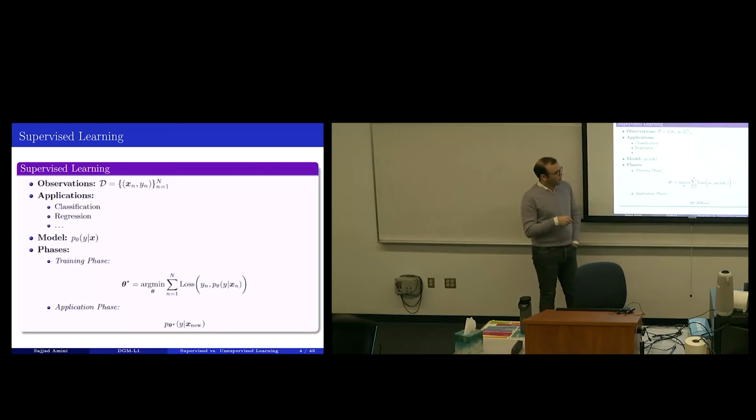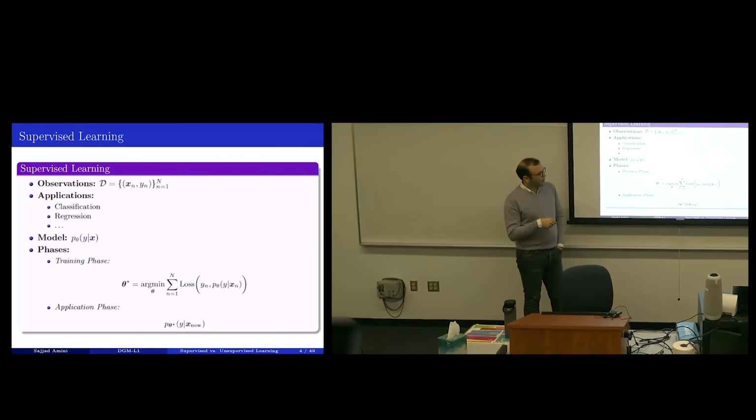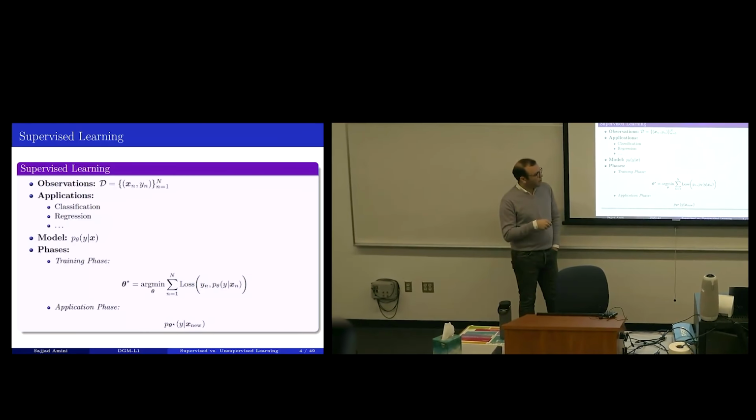The optimum parameters, which we call theta star, are the result of the training phase, and then in the application or test phase, you use the trained parameters to provide the distribution